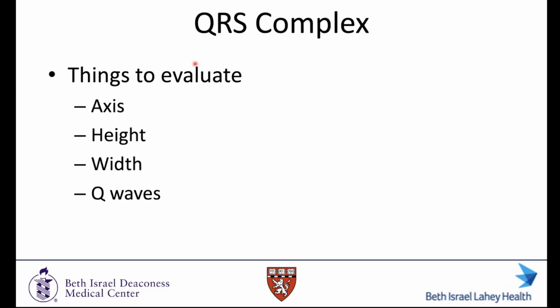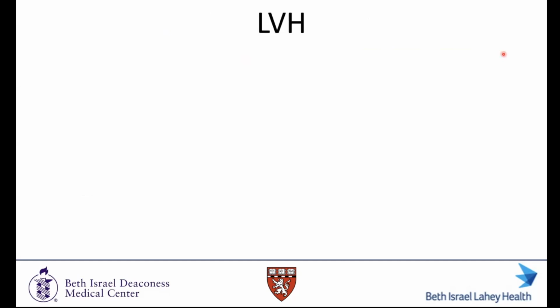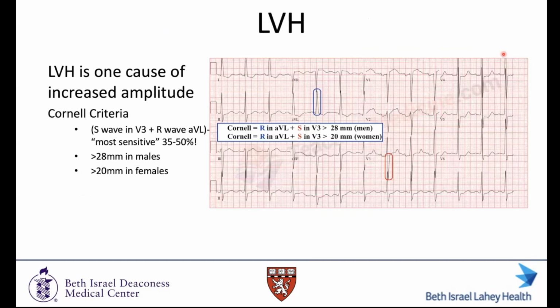Okay, so now that we've talked about axis, we're going to get into the amplitude of the QRS complex. We're not going to get too much into detail, but I just want to show you guys one example of an increased amplitude of your QRS complex, and that's LVH. LVH has many criteria, but for today, I'm just going to talk about the Cornell criteria, which is the